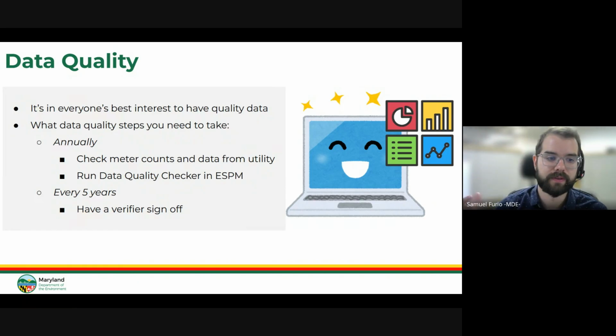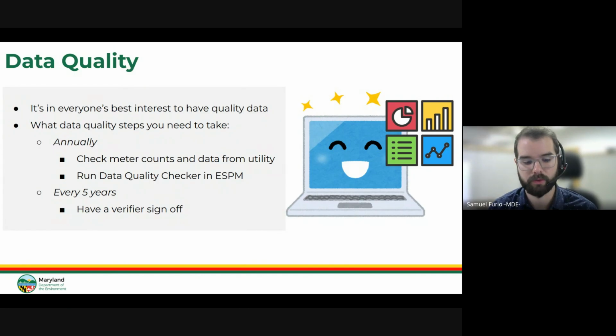As I said on the House Bill 49 slide, we're going to be reviewing data submitted from 2025 to inform the program going forward.